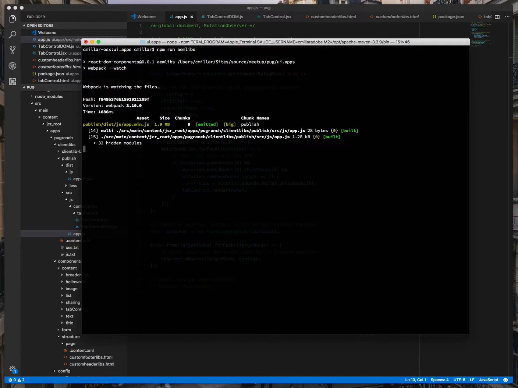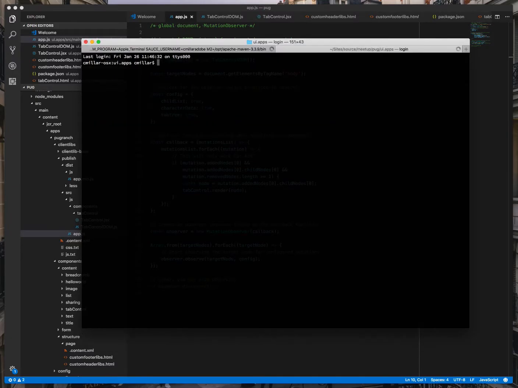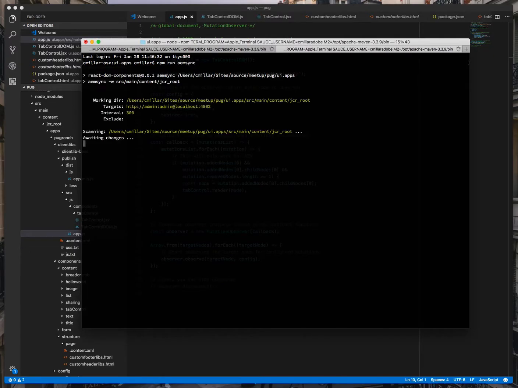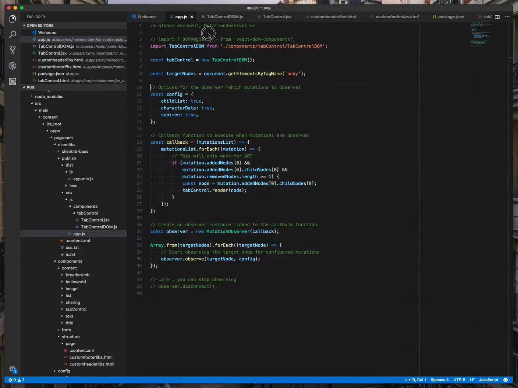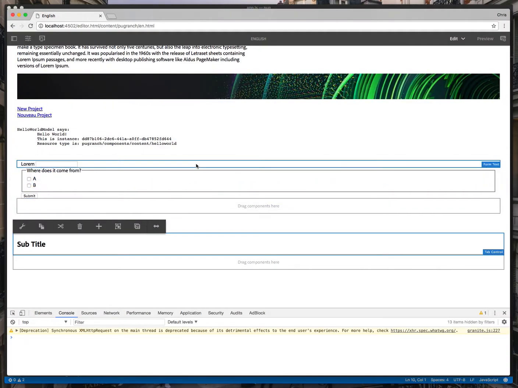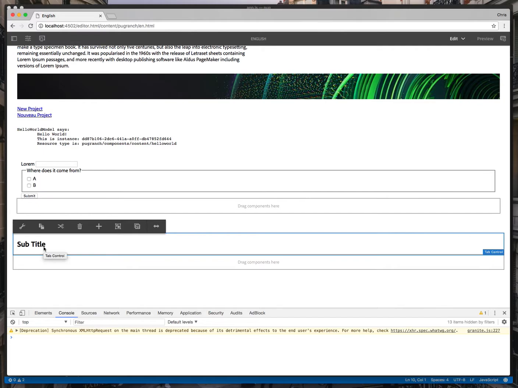And so it's telling us that it's watching the files, and then we're going to say npm run AEMSync. And so we're just running those two things. And if we look at our page, we actually have this component right here. And this component is just a regular old HTML component, but it actually maps to a React component. And so we actually pass in data attributes from HTML, from the dialog, from the JCR, and then over into